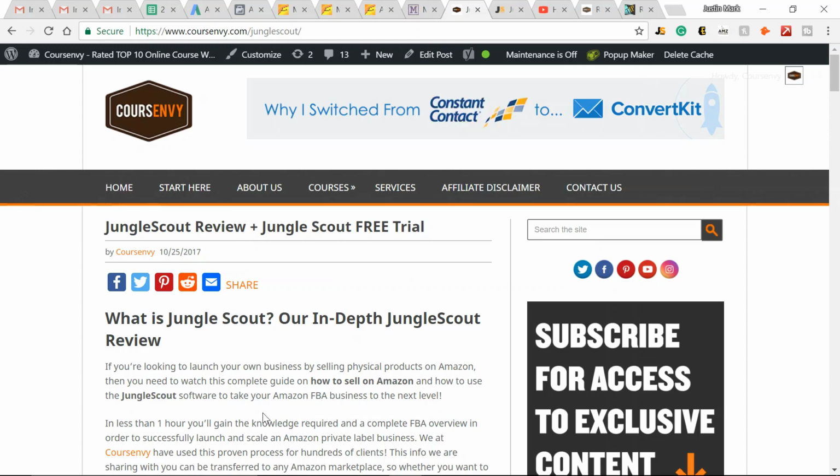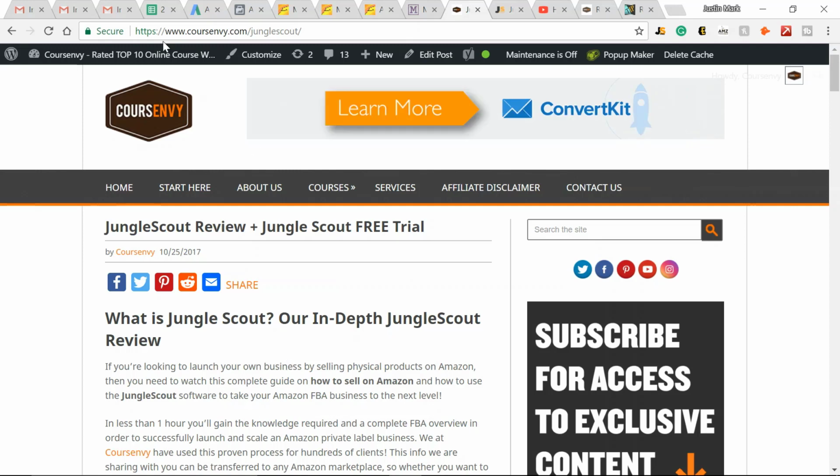JungleScout has two versions. One is a web application, and the other is a Chrome extension that you use right on Amazon.com. So just go to